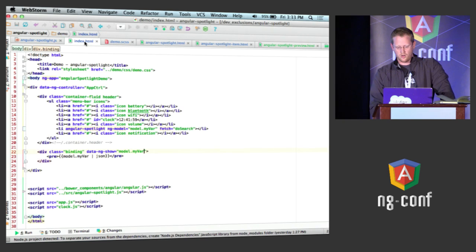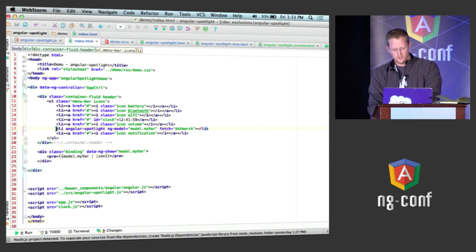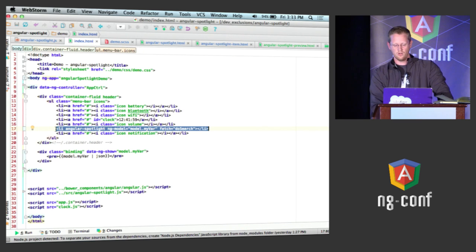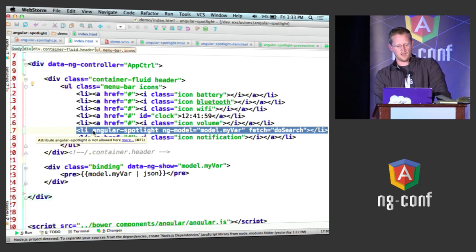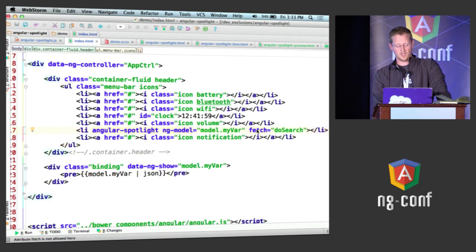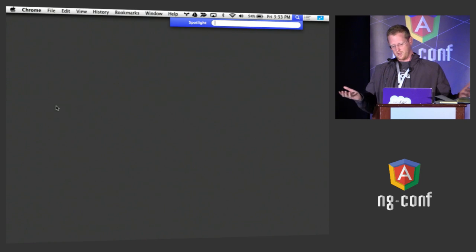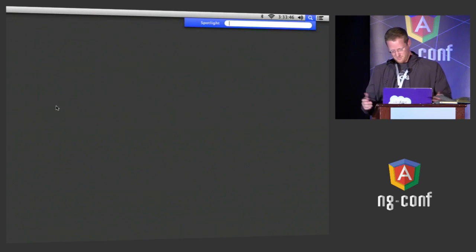But to me, the kind of cool thing about a control like this really is if you use ngModelController correctly, you can really limit the amount of code that you have to write in order to build something that's nice, simple, declarative. So here we have the directive Angular Spotlight. We wire in ngModel, and we pass it a fetch function. That's really it. So we go over here. I'm going to hope this works. So you're all familiar. This one is Apple's Spotlight, and you know, search for things and find them. This one is Angular Spotlight,